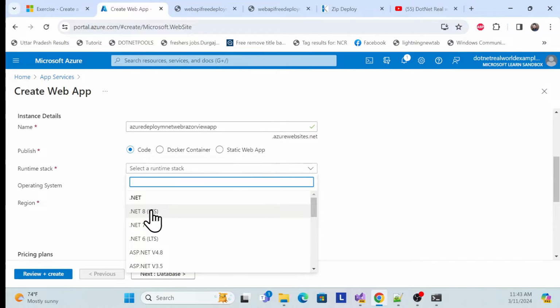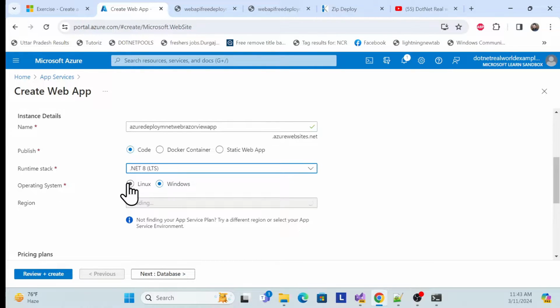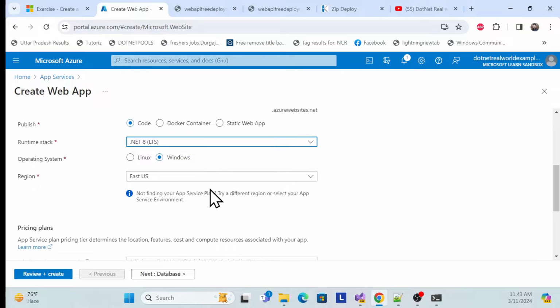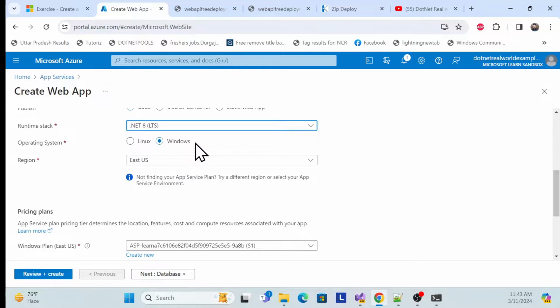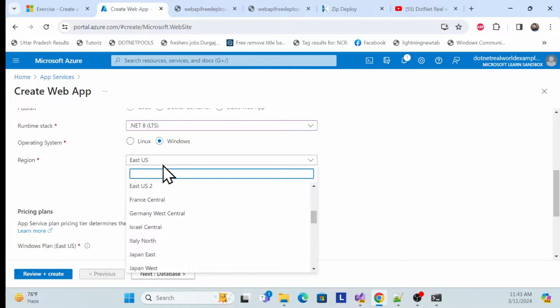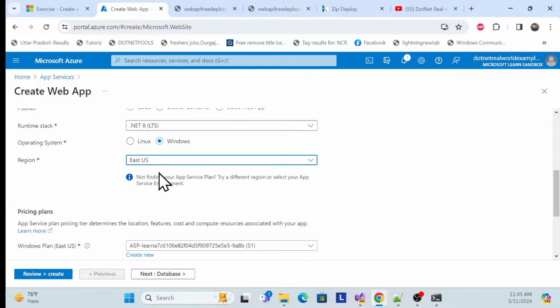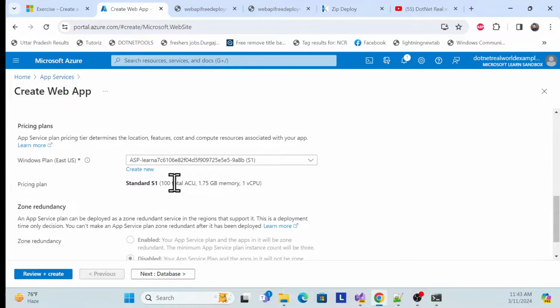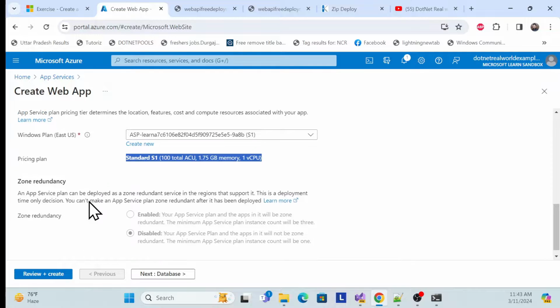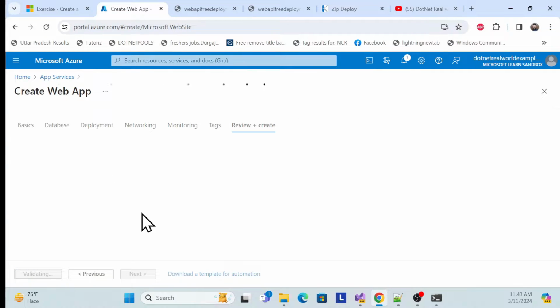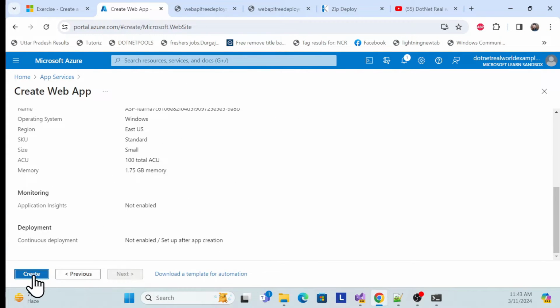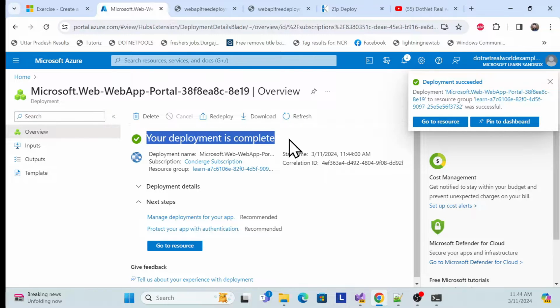The next option is which framework you want to use. I will use .NET 8, and also choose the application operating system. I'll choose Windows for now, and choose the region, I just keep the default one. Here again just choose the Windows plan. I'll choose the simple, default pricing, and let me create. Once validation is done, click create. Once your deployment is completed,